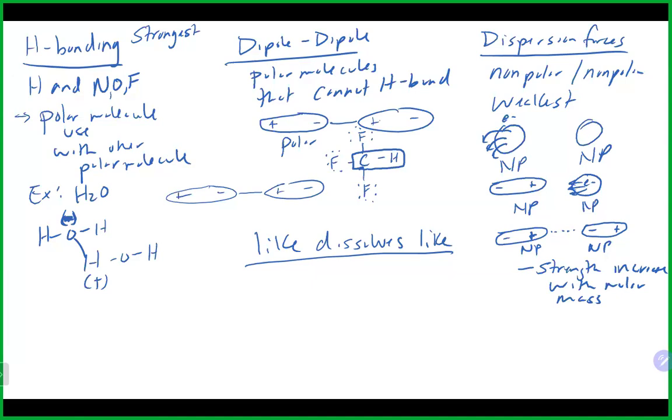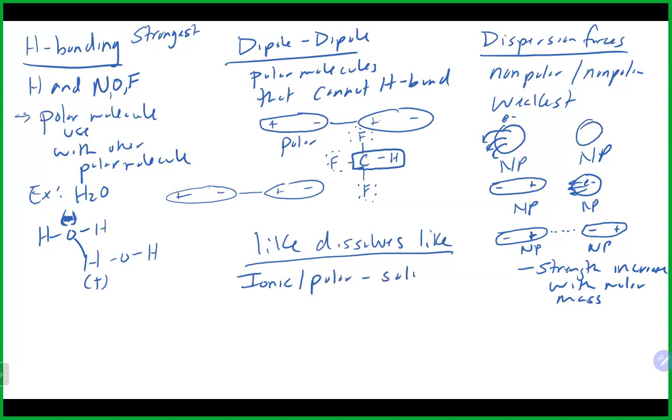And the reason for that is with greater molar mass, that means you have more atoms. More atoms means you have more electrons. So you have a greater opportunity for those electrons to move around and create that temporary charge that's necessary for that interaction to occur. So what this "like dissolves like" means is, again, ionic things and polar things,